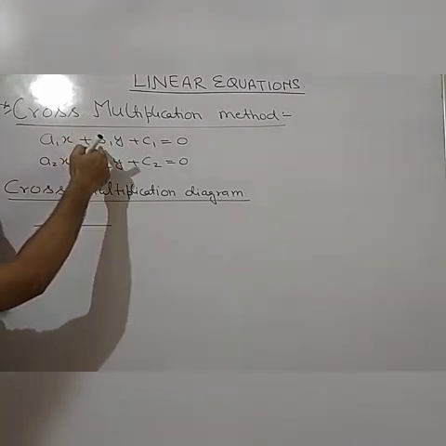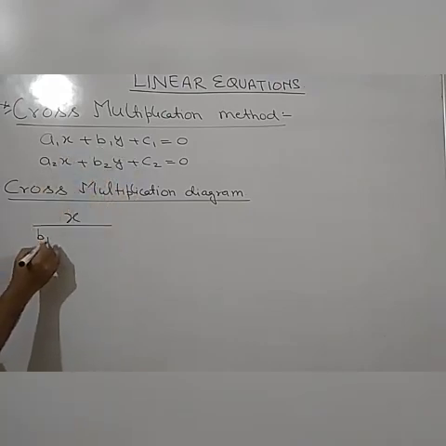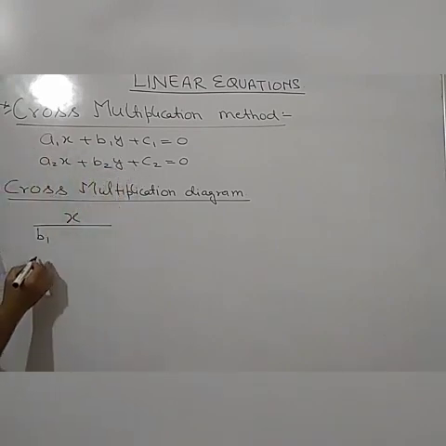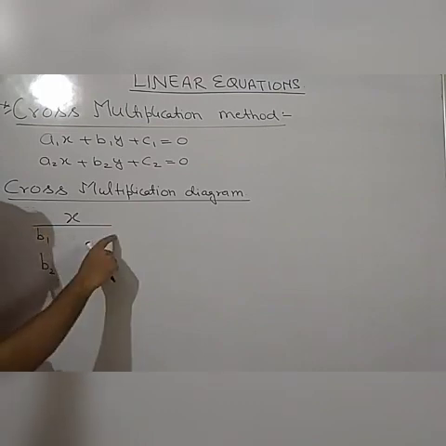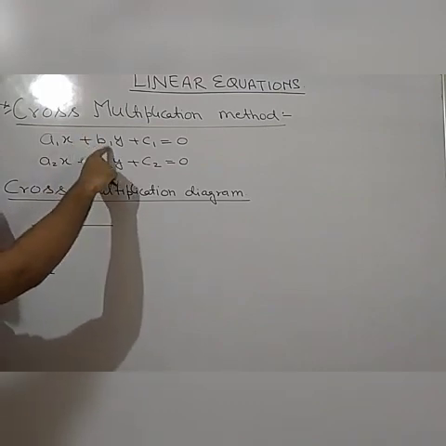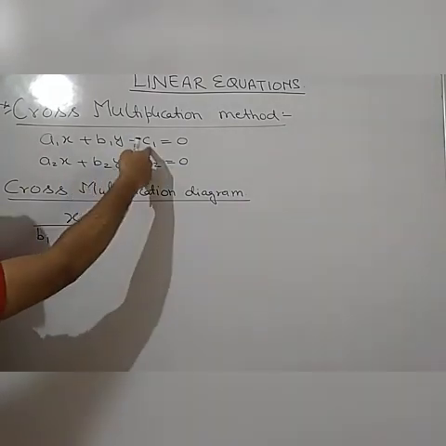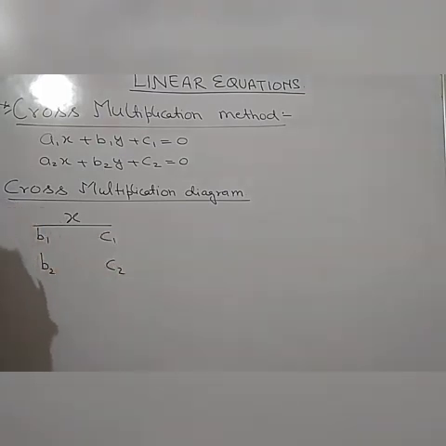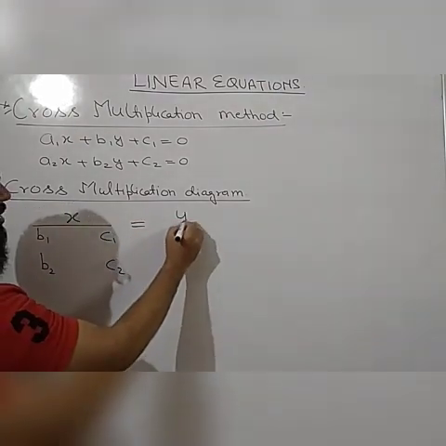Now first we will write the coefficient of y. The coefficient of y in the first equation is b1, which we will write here, b1. Then the coefficient of y in the second equation is b2, write it here. Okay, then after this, first we have written x, then division sign, x upon the coefficients of y, both b1 and b2. Then after b1 and b2 come c1 and c2, so we will write c1 and c2 here. Okay, then we will use the equal sign, is equal to y upon.